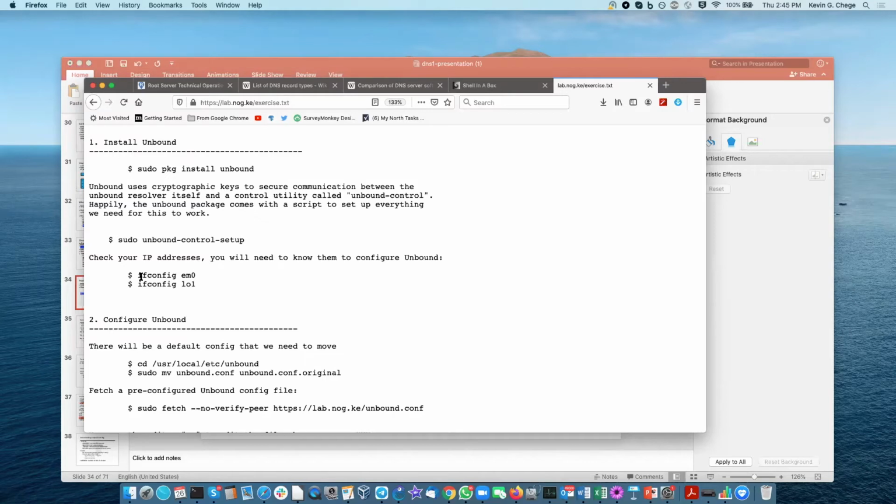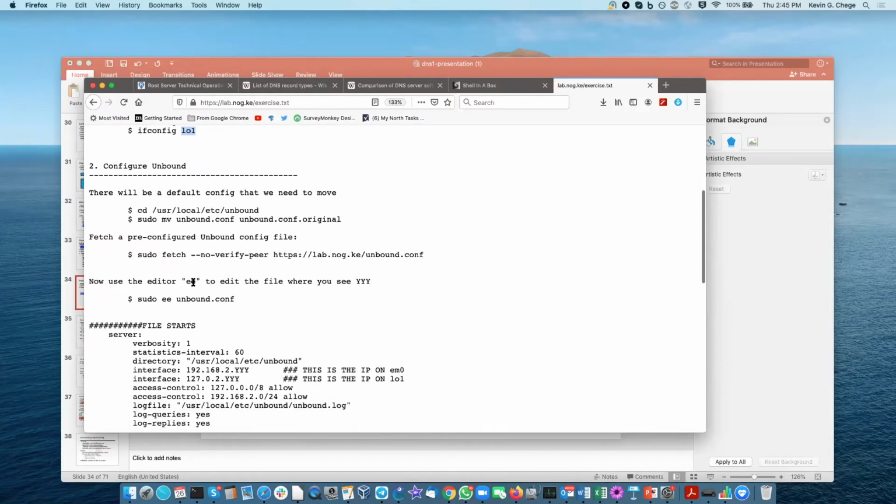The VM that you have, the virtual machine, has two network interfaces. This is to simulate what would be in your home network or office network. There's an interface that is facing the LAN, that would be EM0. This is what you want to provide to your users in the network. And then there's a localhost interface, which would be for the device itself, the operating system itself, the server itself. So once you're done with that install, I'm hoping,